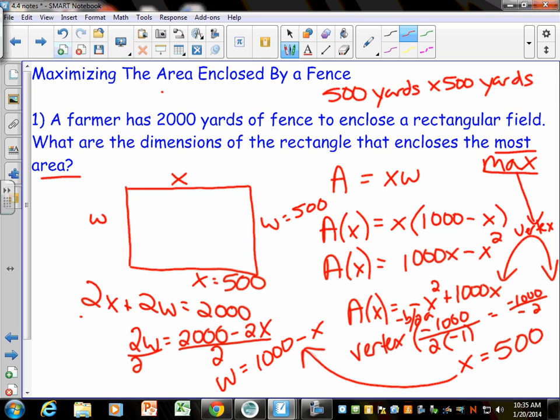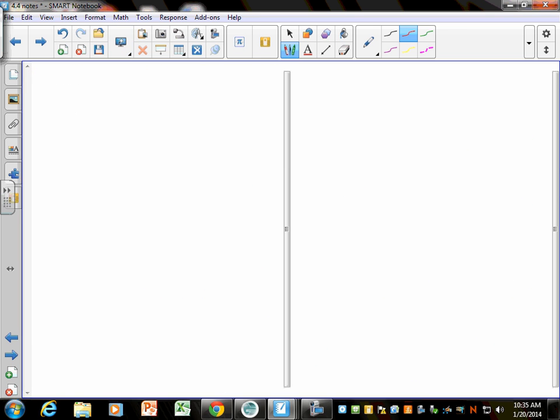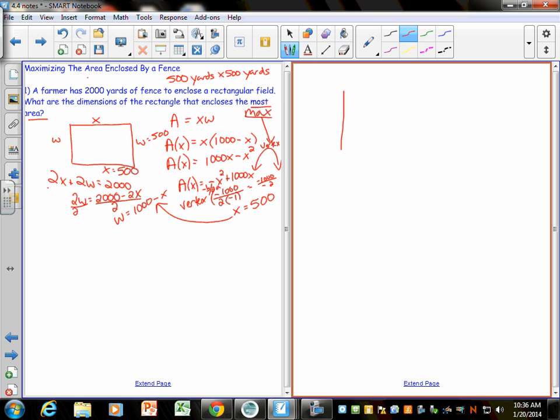So our answer ended up being 500 by 500, which would actually be 250,000 square yards, yes? If it's 2,000 perimeter, what else could it be? Could it be,